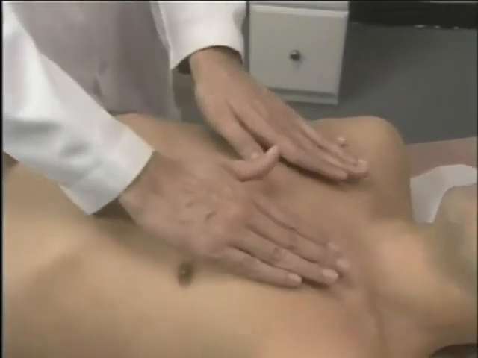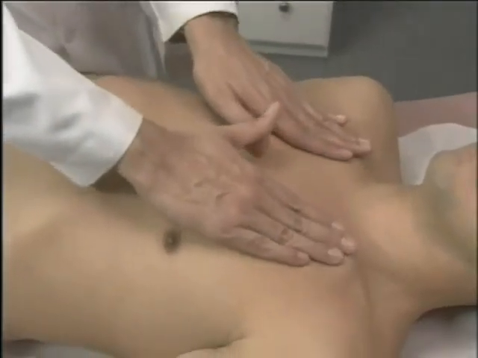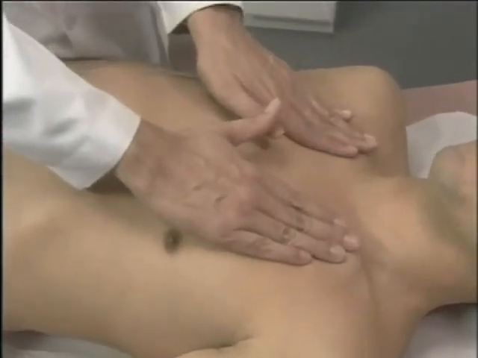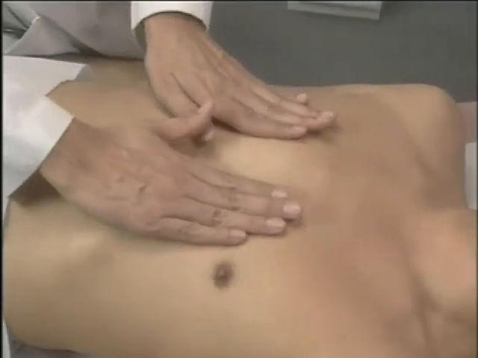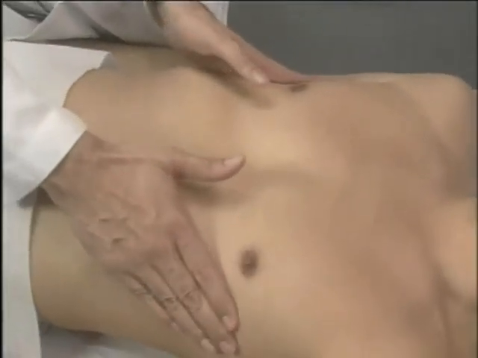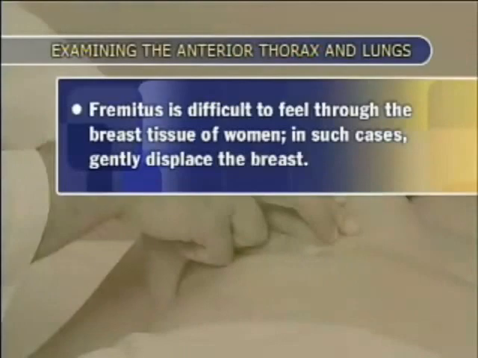Next, palpate for tactile fremitus. Say 99. As the patient repeats 99, compare symmetrical areas. Using the edge of the hand to detect vibrations is also common. Because fremitus is difficult to feel through the breast tissue of women, in those cases, you may need to gently